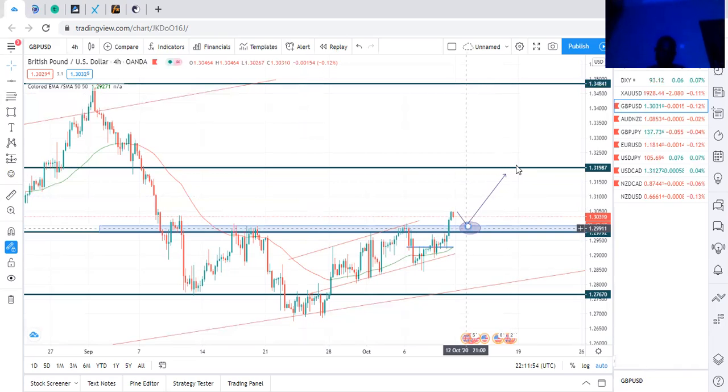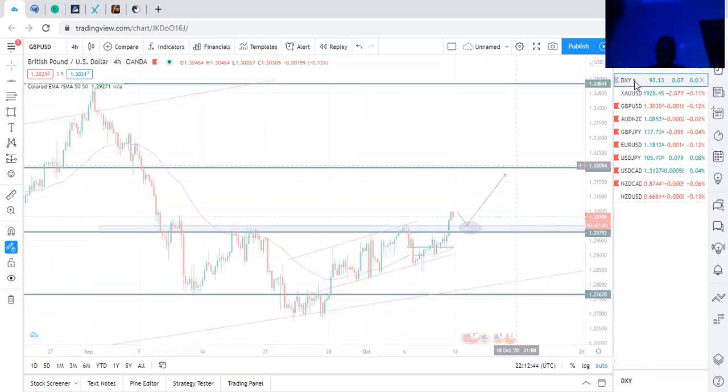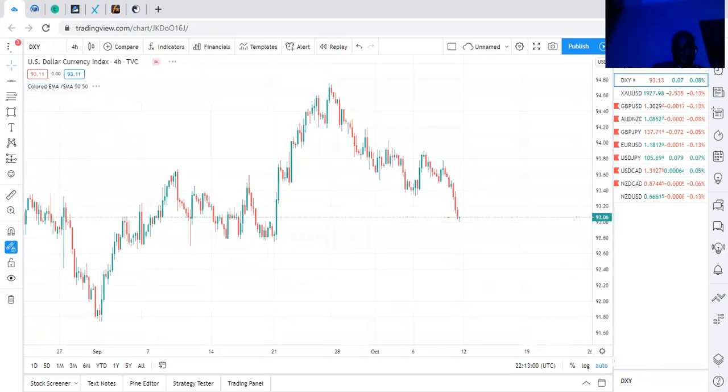So yeah, I'm currently bearish on the US dollar right now, because you can see the US dollar index is falling. I normally add the US dollar index as a confluence for my trading when I'm trading gold, pound USD, euro USD, any USD pairs. Add the DXY to it as a confluence. Study DXY. If it's in a downtrend, you know the dollar is weak compared to some of the major currencies.